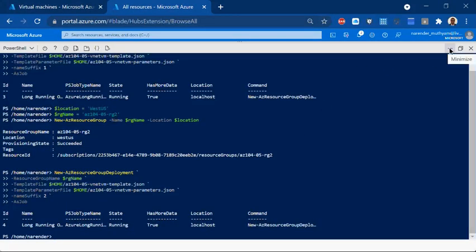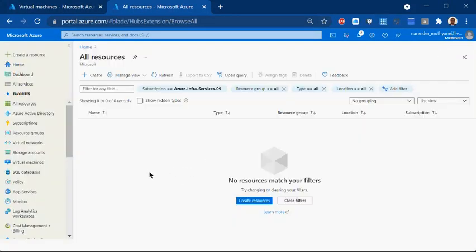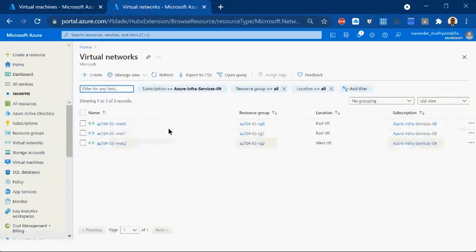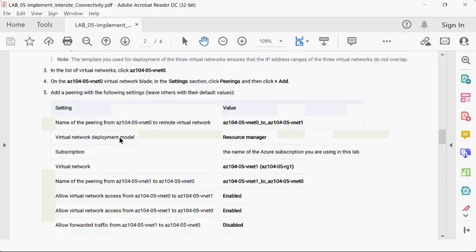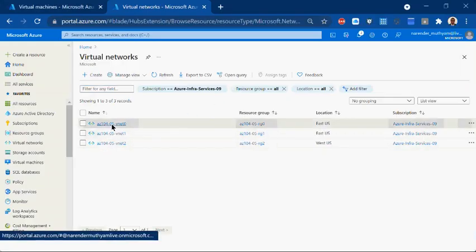You can minimize this Cloud Shell portion, and now you can go to your virtual network. You can see all 3 virtual networks created now. 2 are in East US and 1 is in West US, in three different RGs. Your lab says go to your VNet 0 settings, peering. So here I'm going to 0.